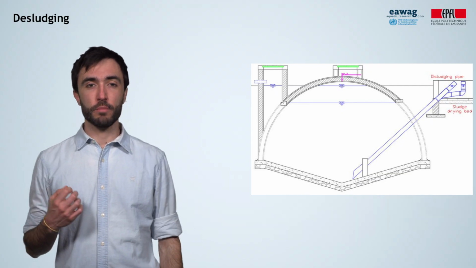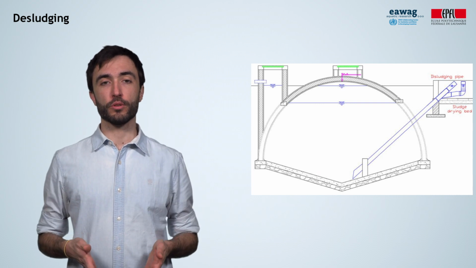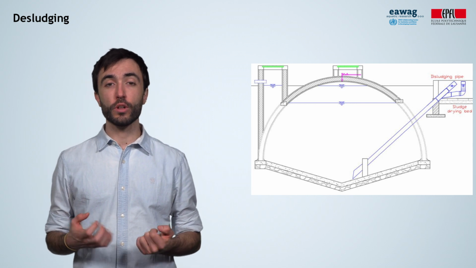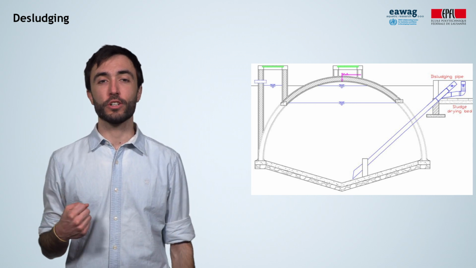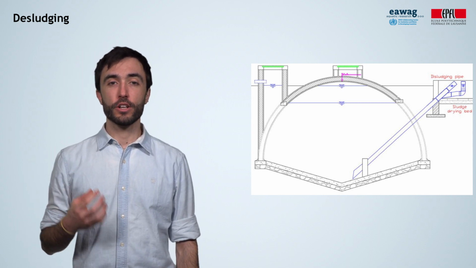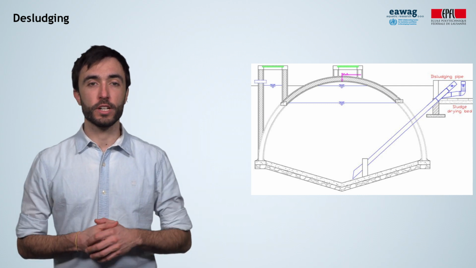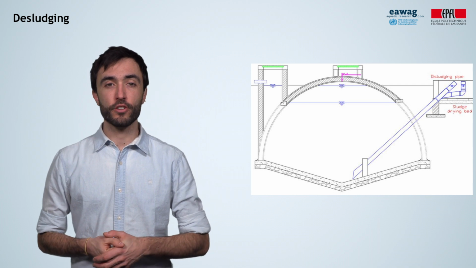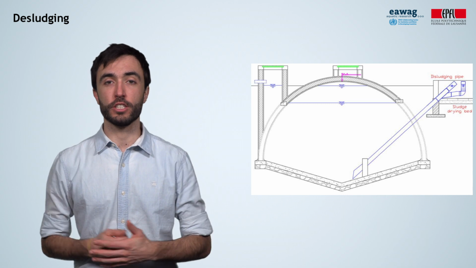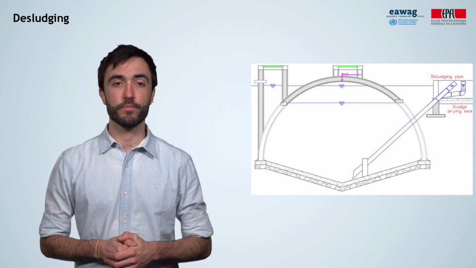Besides the digestate that comes out through the outlet, after a while a heavy sludge tends to accumulate at the bottom of the digester. A common approach to remove this sludge is to install a desludging pipe such as the one shown in this illustration. In the case of this reactor, it is planned to be desludged once every 4 months. EAWAG's Compendium of Sanitation Systems and Technologies gathers many other treatment technologies that could be used to treat and reuse this digestate. You can find the link to the compendium in this week's reading list.